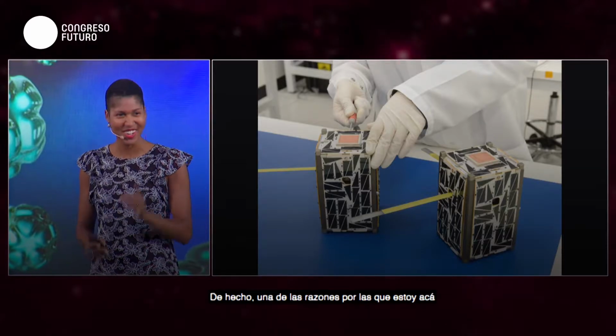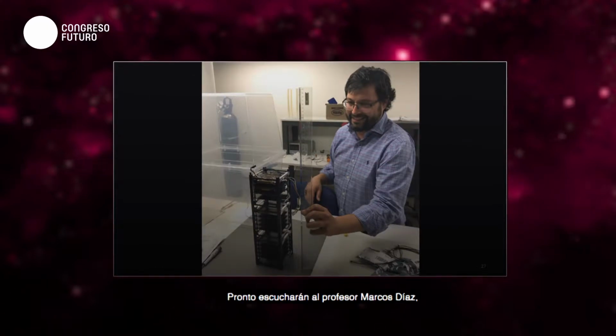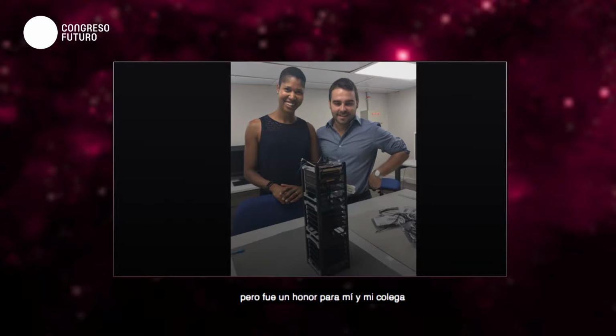In fact, one reason I am here today is to learn about the activities for CubeSats here in Chile. Soon you will hear also from Professor Marcos Diaz. He will share a lot more about the activities with CubeSats here. But it was our honor, myself and my colleague, to visit the lab here and to learn about the activities